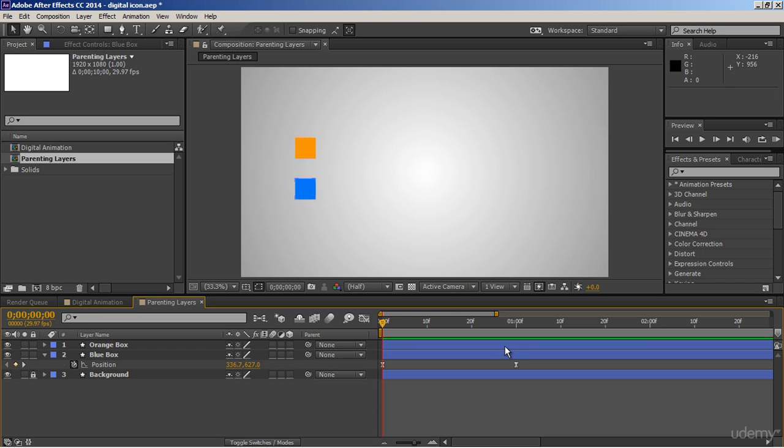Now let's see what will happen if we parent it on the last keyframe. Nothing will get changed. Now go to the first keyframe. The orange box does not disappear. Let's see what will happen if we play it. Now this position of the orange box is the last position, and on the first keyframe it's going outside of